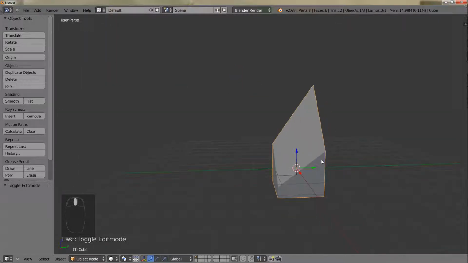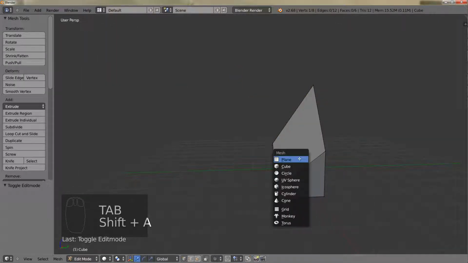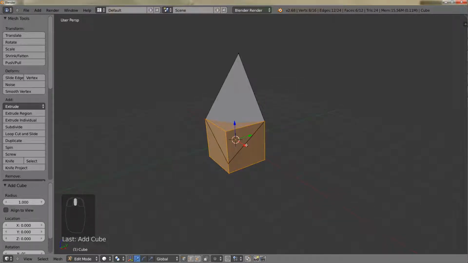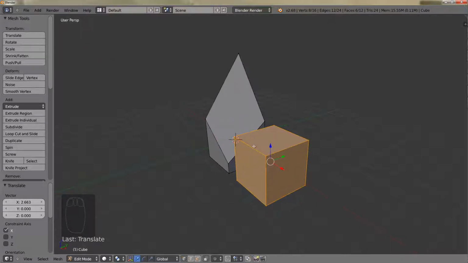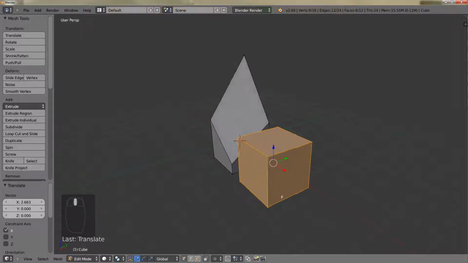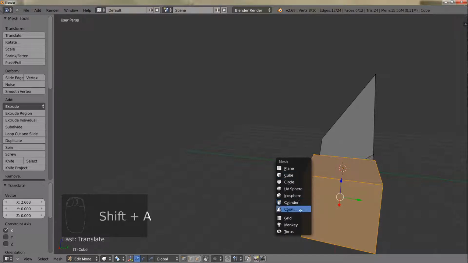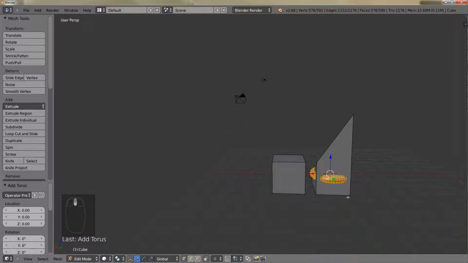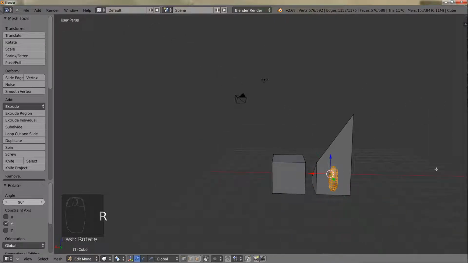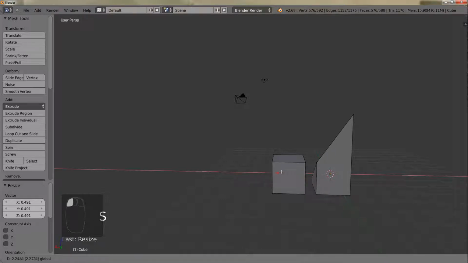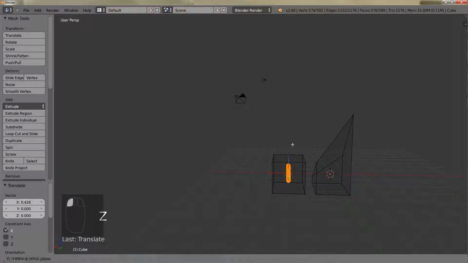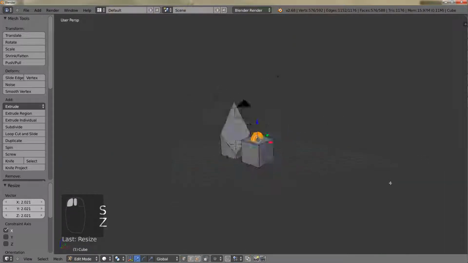And in edit mode you can also add in shapes. That was Shift A, by the way. You can add in primitives. So say you had a mouse and then you wanted to add in a scroll wheel. Say this cube is the ugliest mouse ever. Go and add in a torus, and this is the weirdest looking scroll wheel ever. But you'll get the idea. So if you want a mouse, you'll create the mouse in edit mode,